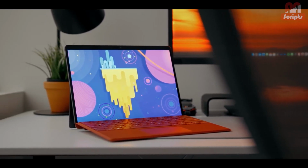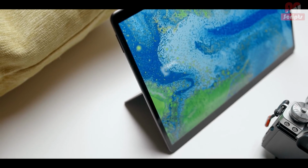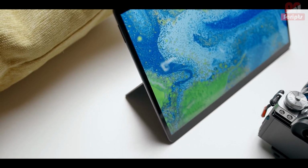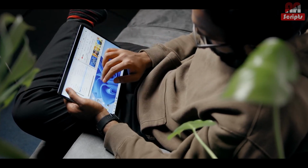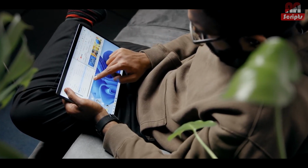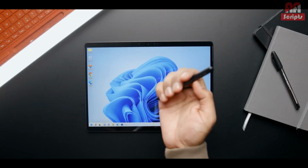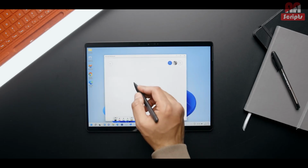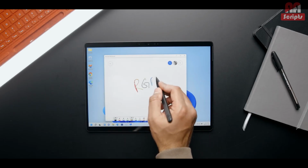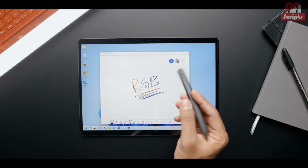The Surface Pro 8 starts at $899.99 for a Wi-Fi only version with a Core i5 processor, 8GB of RAM, and a 128GB SSD. A Core i7 configuration with 16GB of RAM and a 256GB SSD will cost you $1,399.99, while the top-end Core i7 model with 32GB of RAM and a 1TB SSD costs